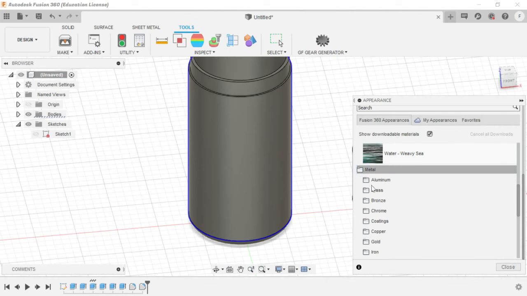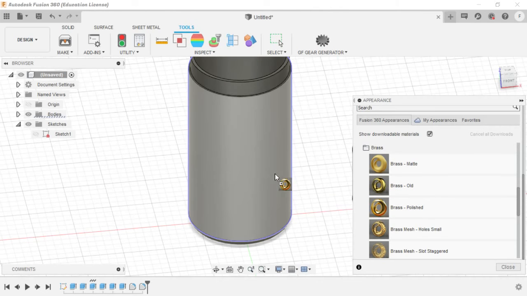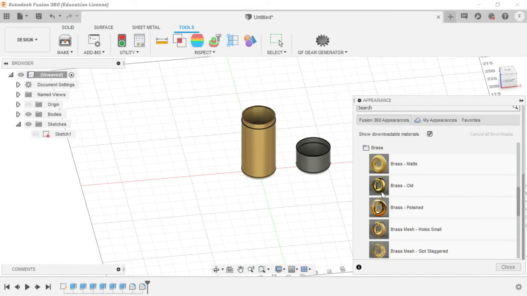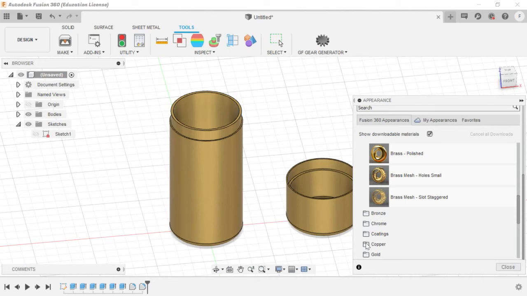We are going to metal, and then brass, polished brass, and give some copper so it looks good. Polished copper.